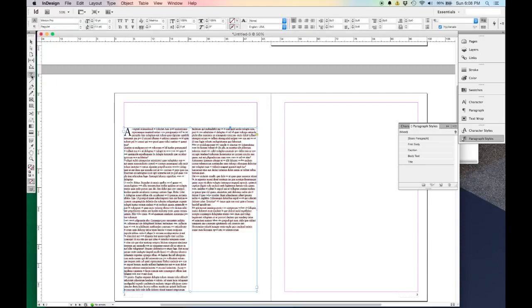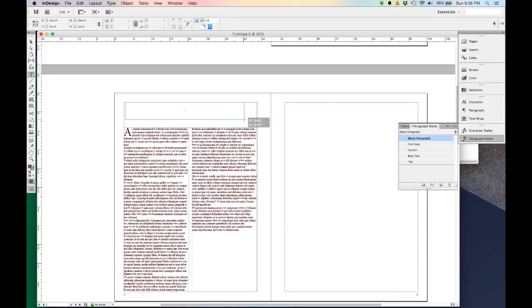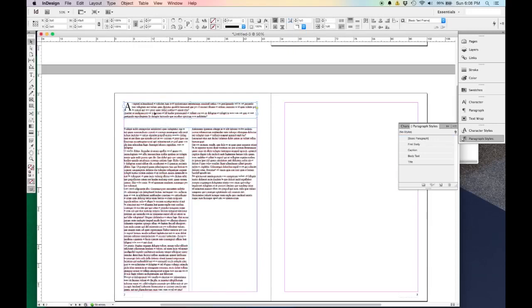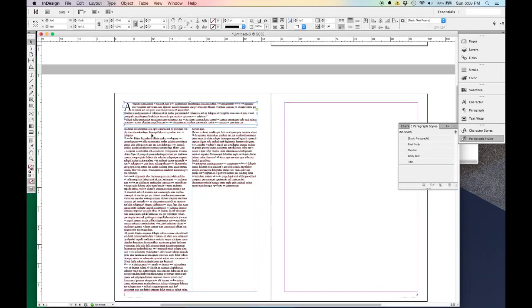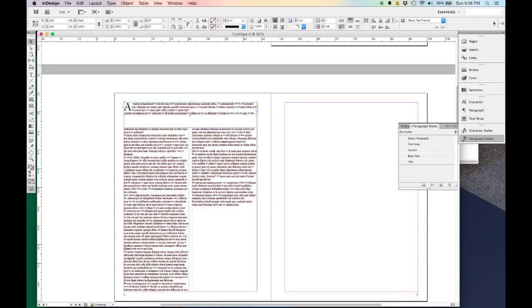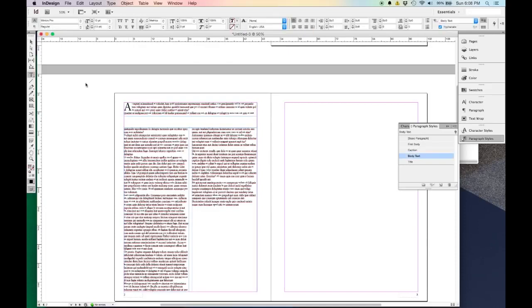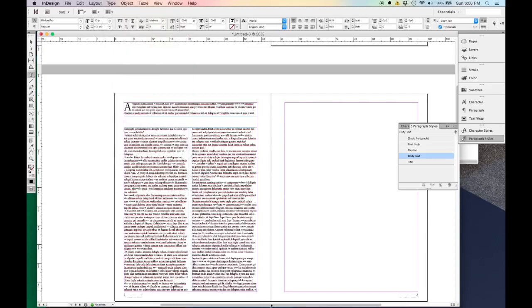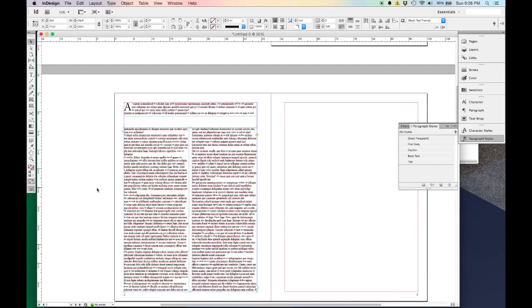So what I can do is click and drag this text box, pull it out to the side here, click here, and then just drop that in there. As you can see, what's happening now is as I expand this text box, the text from the left side is going to move inside of it. Pretty cool. So I'm going to add some more text, go Type, Fill with Placeholder Text. It's going to drop it in here. Looks great. And then if you get to the end,